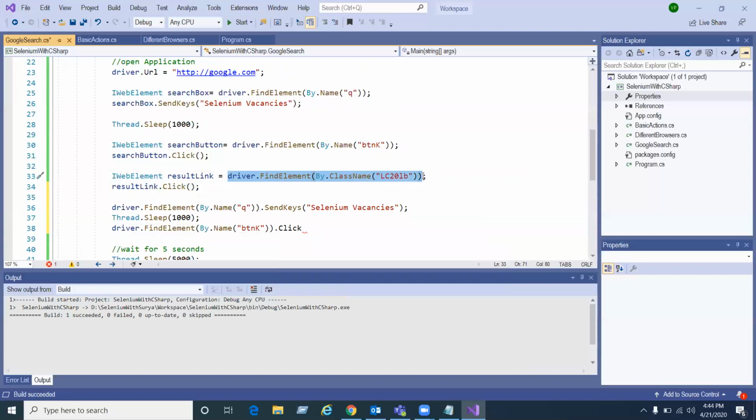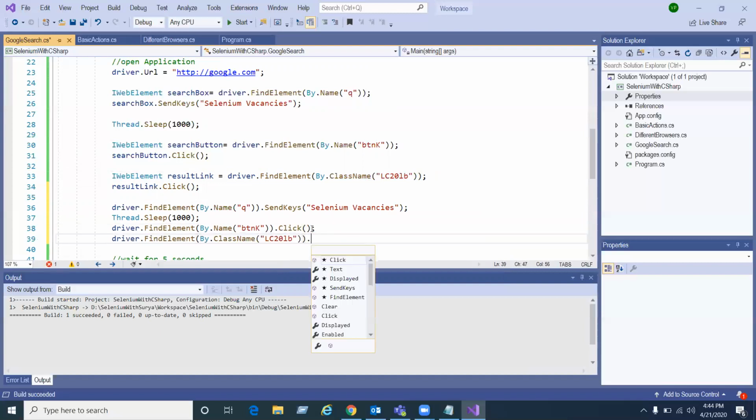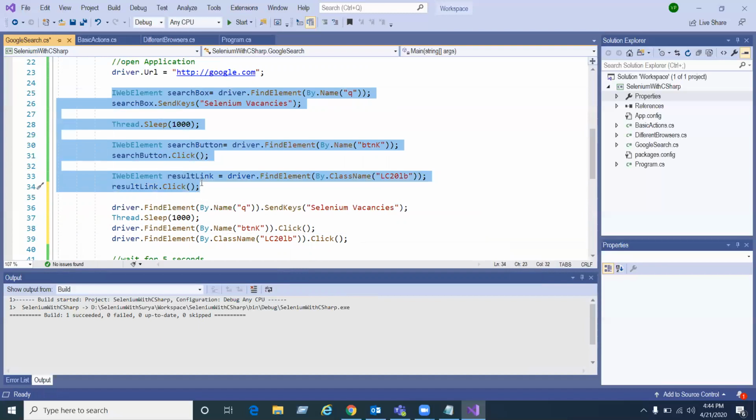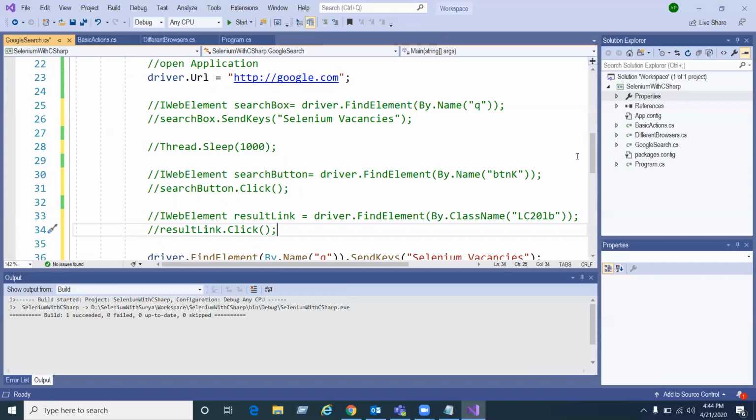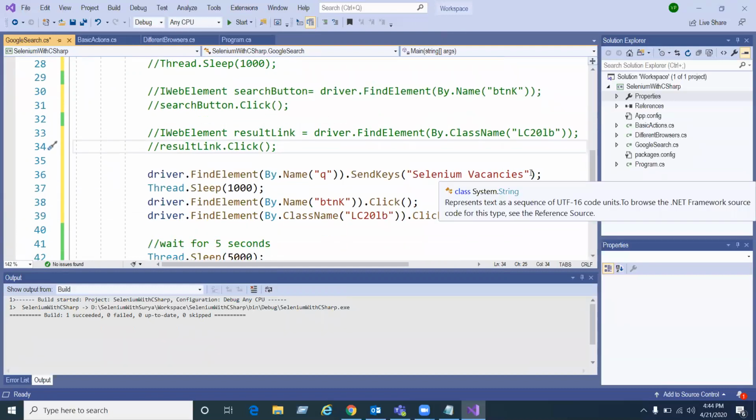Right, so this is the program. Now I'll comment this code. In the top rightmost corner, select here, and now the code is commented out. Now see, instead of writing multiple lines of code, you are writing in a single line only.